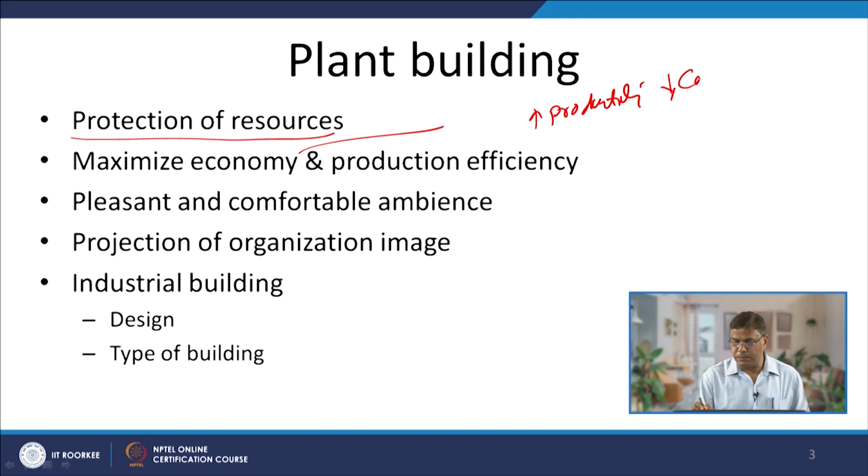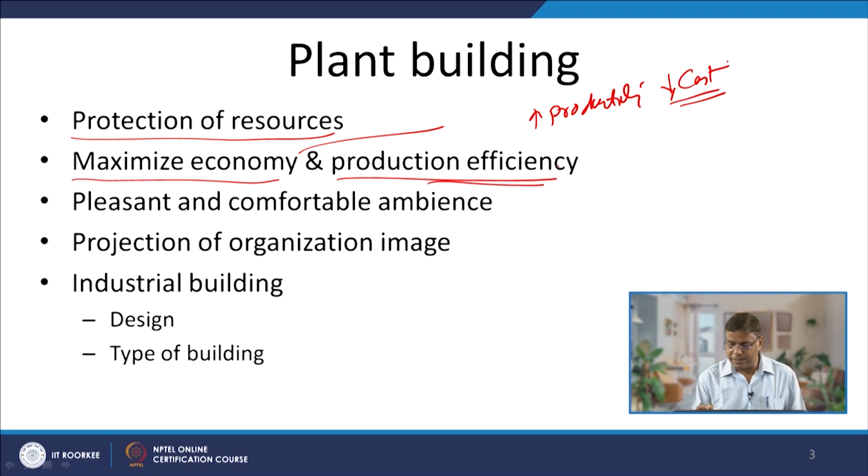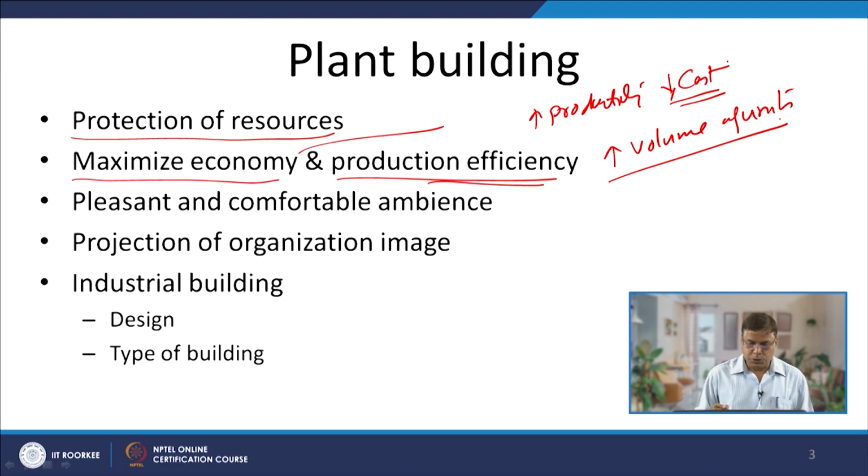and helps in producing things at the minimum possible cost, so that we get the advantage of maximizing the economy, and the production efficiency is enhanced in terms of the increase in volume or the number of units which are produced by the company using the given set of resources. So, it should be such that it accommodates the facilities and all resources in such a way that the